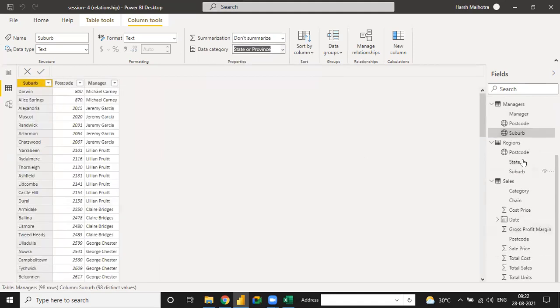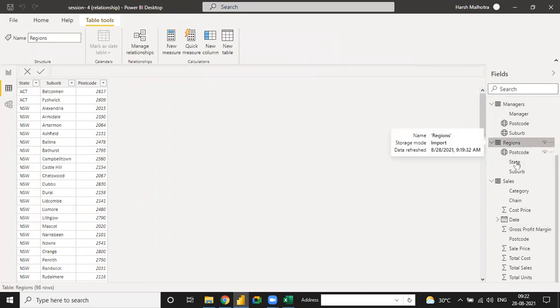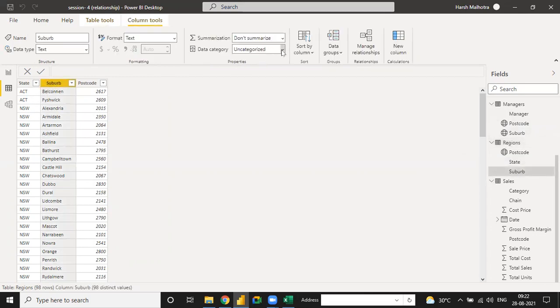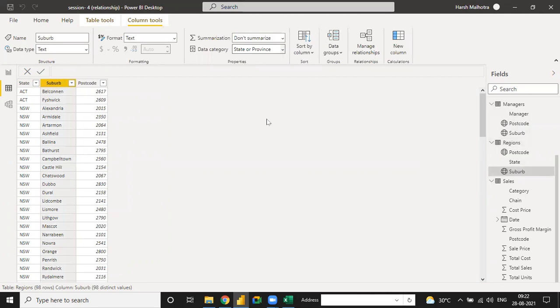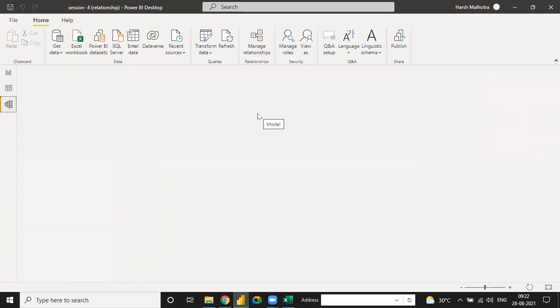And now under the region tab as well, because here suburb is state and here it is also state suburb. So you have to change the suburb to state or province, because the data has to be in the same category in all your fact tables as well as dim tables. Then only you can make a relationship.